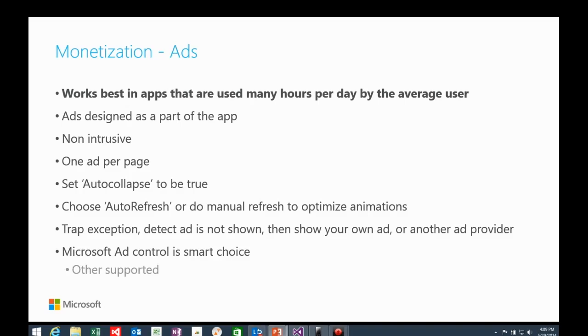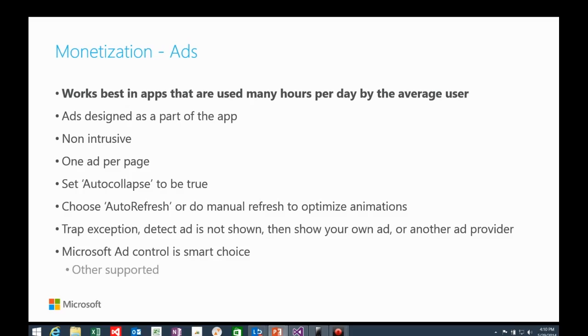There's an auto refresh setting that you can use in the ad controls. What that does is allow you to control the refresh rate, how quickly the ads refresh themselves. Obviously you want to find a balance, because you want it to refresh fast enough that you're getting all these ad impressions and making money. But at the same time, you don't want to refresh too fast, because if I'm playing a game or in my app and I see an ad refreshing constantly, it gets annoying